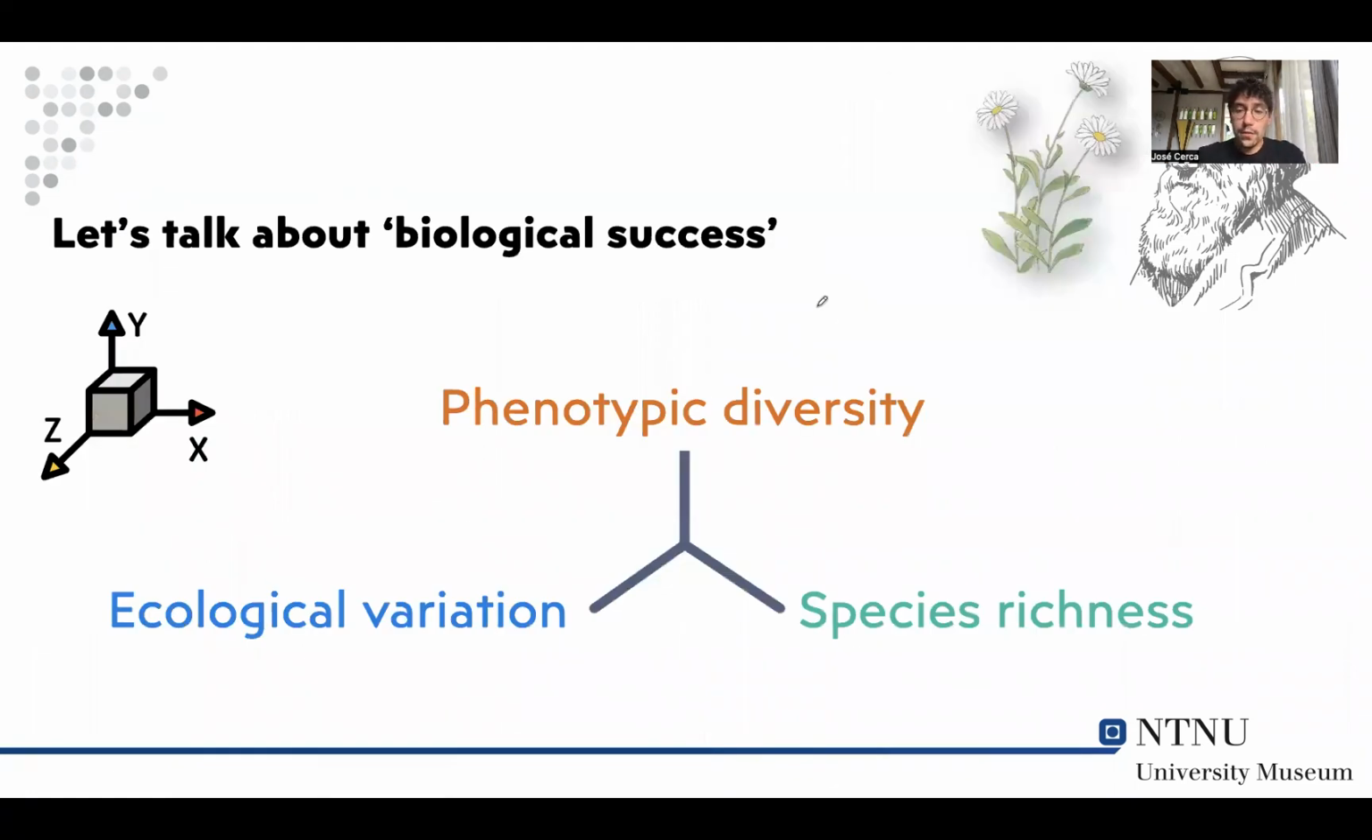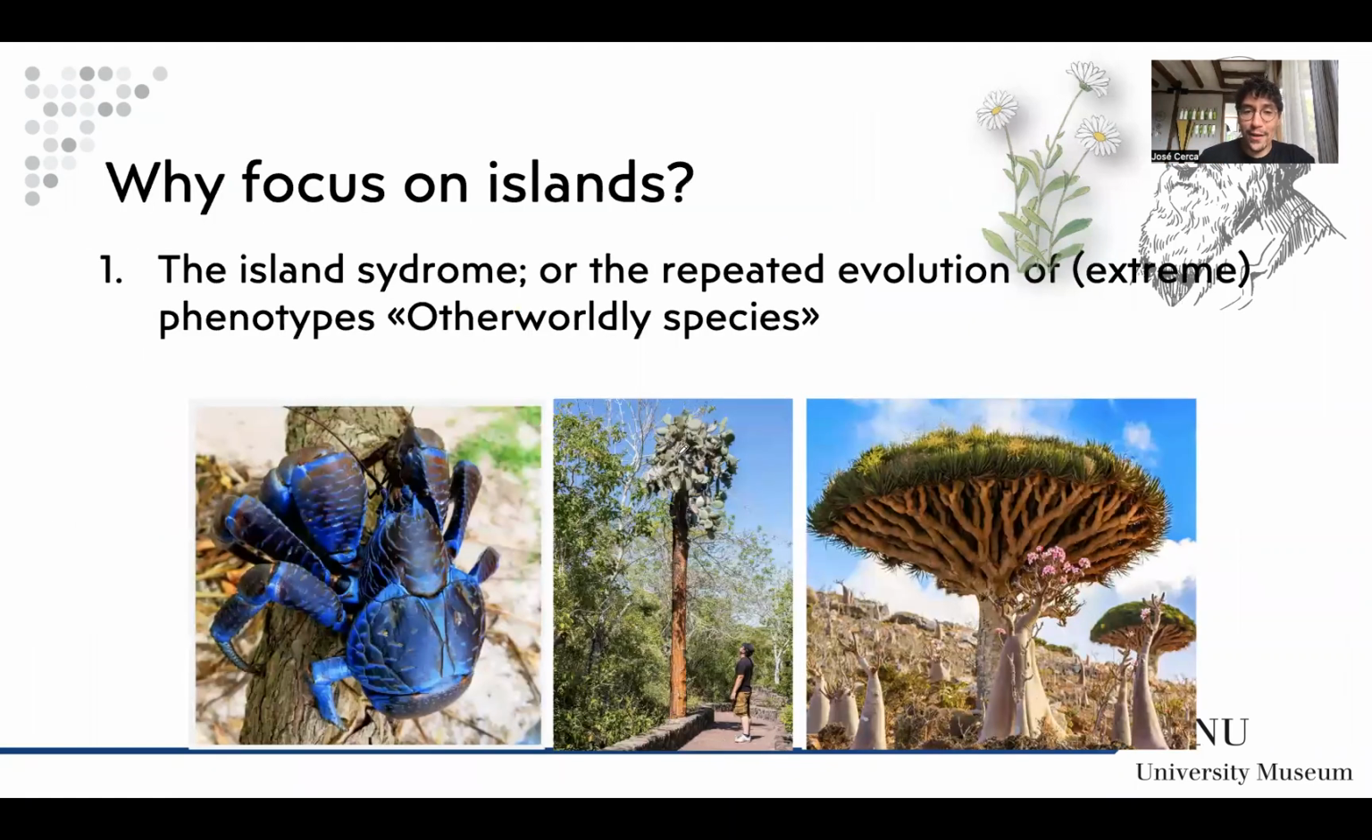When we talk about biological success, we usually talk about species richness here in green, the ecological variation, or the phenotypic diversity that a species or a group of species has. And particularly when we talk about phenotypic diversity, we talk about those monsters that look very different. And what we observe on islands is just this pronounced evolution of some phenotypic traits. And this is what we call the island syndrome, these extreme or relatively extreme traits that evolve repeatedly on lineages